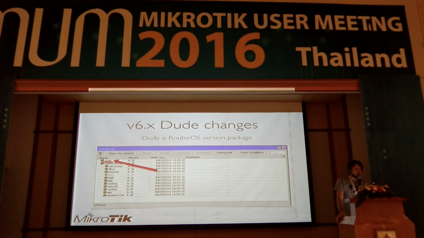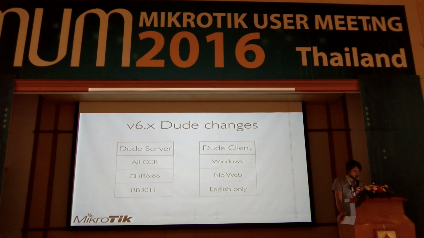It maybe puts some drawbacks for those people who are using the Dude on Windows devices, the Dude server, but for us it is much easier to implement new features and control how the Dude is working on the device. ครับก็อย่างที่เรียนให้ทราบว่าทางทีมงานไม่ได้ไปดูทาง Windows มาก แต่เน้นเอาฟีเจอร์ใหม่ๆไว้ในตัว RouterOS มากกว่านะครับ อันนี้จะแบ่งเป็น 2 ฝั่งนะครับ So the main Dude changes for server and client. First of all, the server can be installed on MikroTik RouterOS devices.